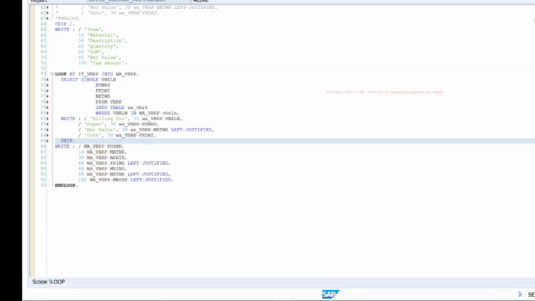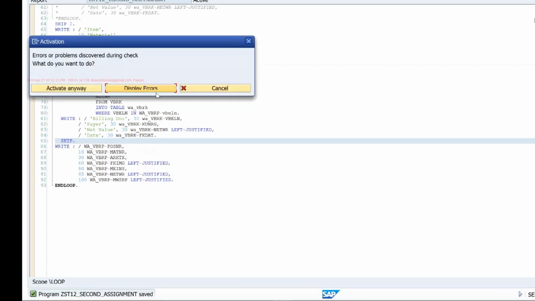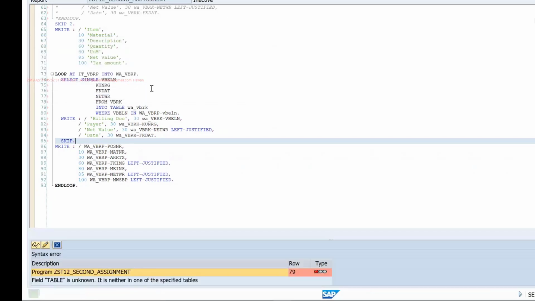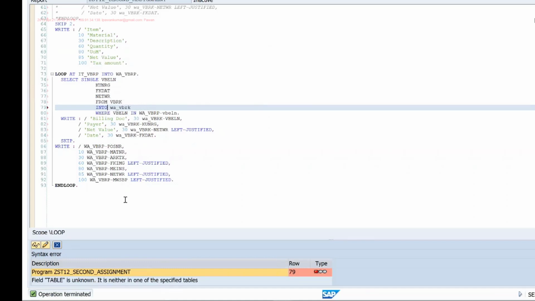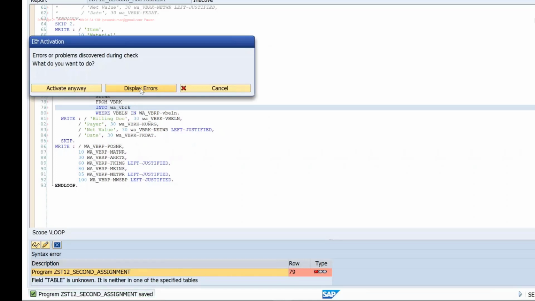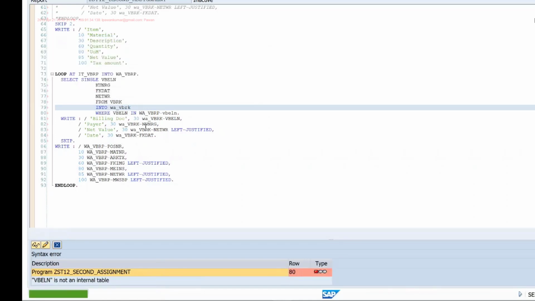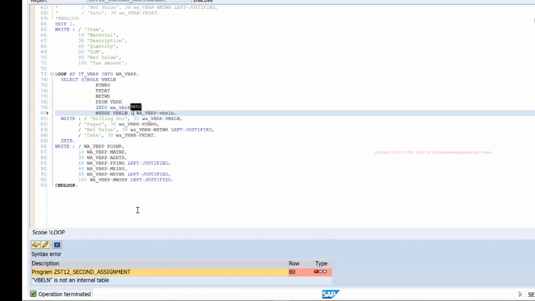Let's see this in debug mode. Select single into WA. There is no table. This is what happens when you copy paste the code.